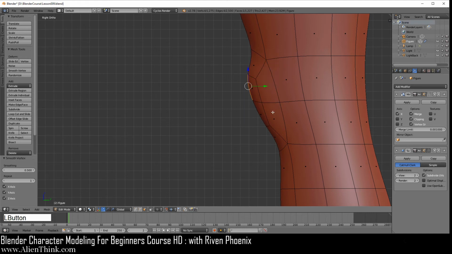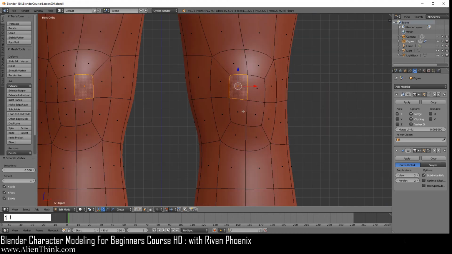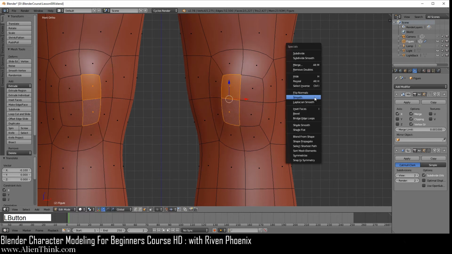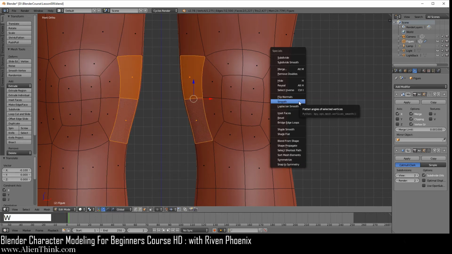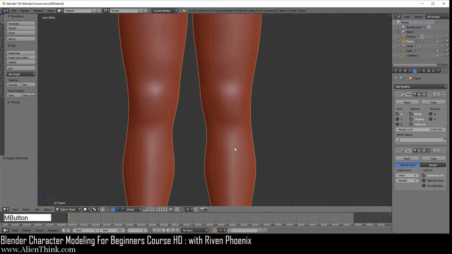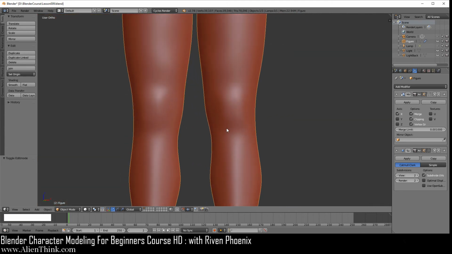Do W and smooth. Now go back to your front view. Click on the shift key down, add this to the selection, go to the left, W and then smooth. Okay, click on this face, shift key down, this one, take it to the left, W and smooth. So if I do tab, just to show you what's going on, what we're doing is now defining the landmark